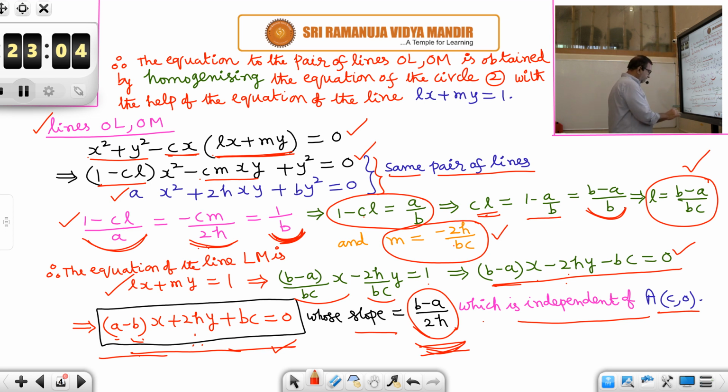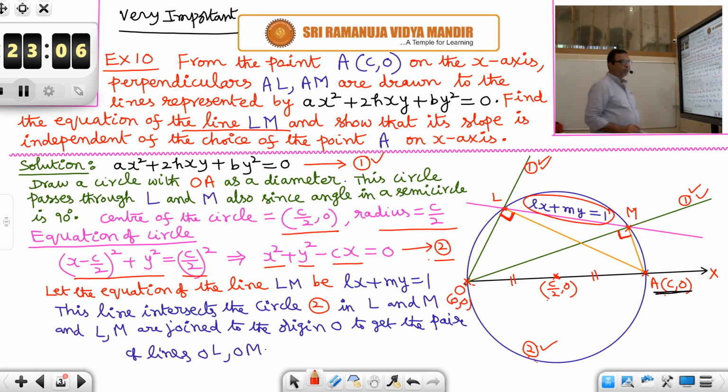That means if you go back and see the diagram, okay, let us go back. So I have taken a point C comma 0 here on the x-axis, is it not? So instead, suppose you take some point D comma 0 on the x-axis. Change the point. Instead of taking C comma 0, you take D comma 0 somewhere. From there you drop the perpendiculars to the green lines. So one perpendicular to this line, the foot of the perpendicular is L. Another perpendicular to the other green line, the foot of the perpendicular is M, and you join the points L and M.